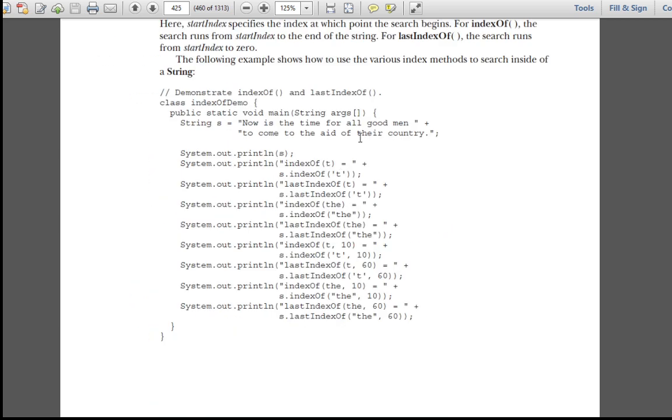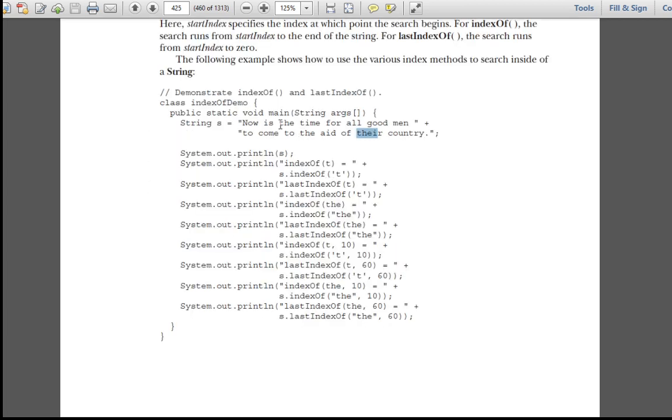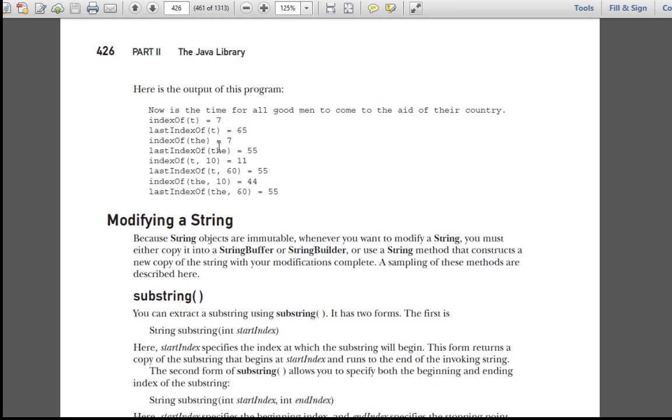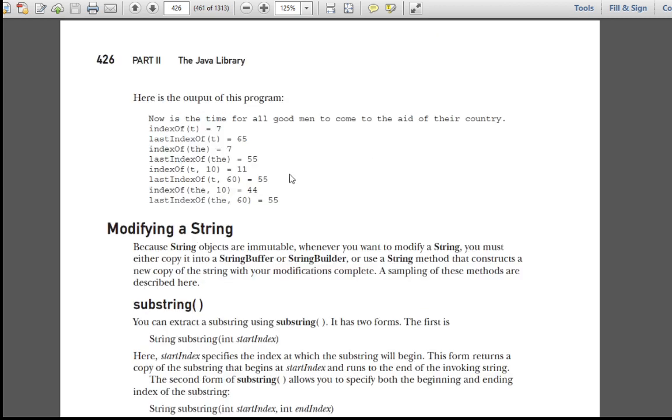So here, see, 55 it is occurred. Here this one is 65 because only t is occurred. Here the is there, so at the 55 position it is going to occur. Then after the 10th position where t has occurred, see 7, 8, 9, 10. So the first position, right? At the 11th position t is going to occur there. Then the last index of t, okay, before 60 will be the 55. See, this is my last occurrence, right? So from there the last occurrence will be this one. So it will be 55 here.